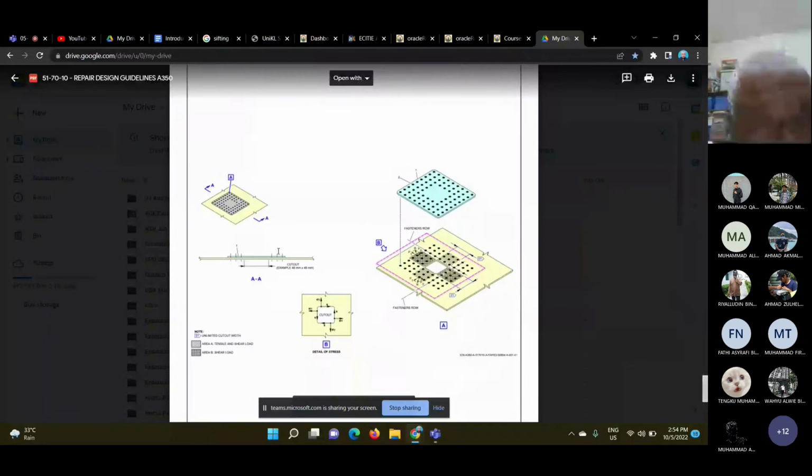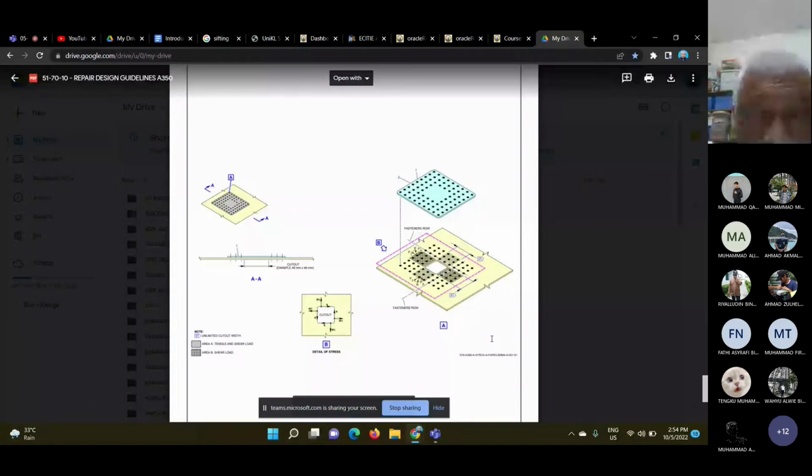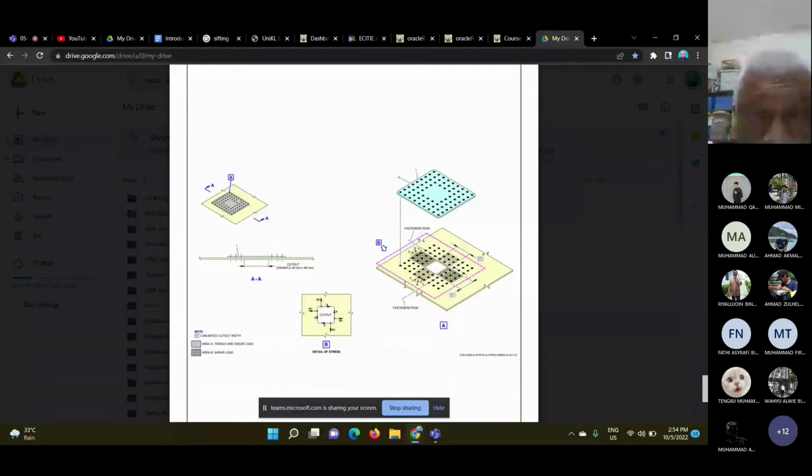This is a skin, and consider the skin here is, we call this infinite skin, because we don't have where it ends. So this skin could be just part of the aircraft fuselage,